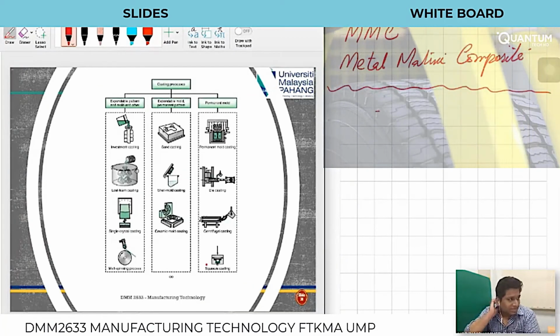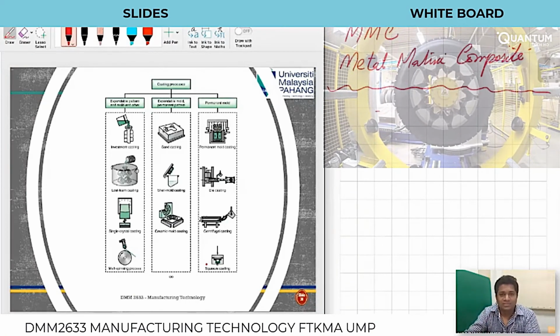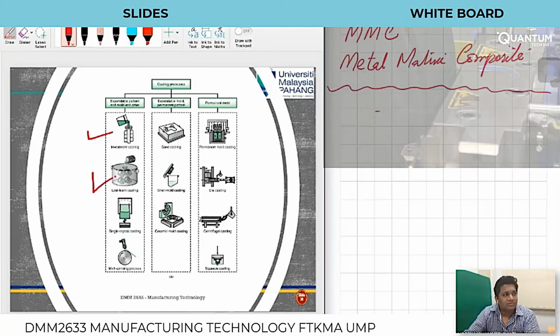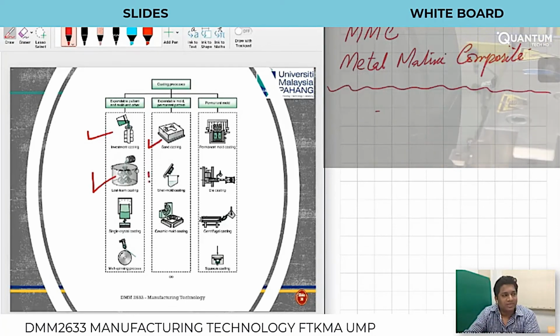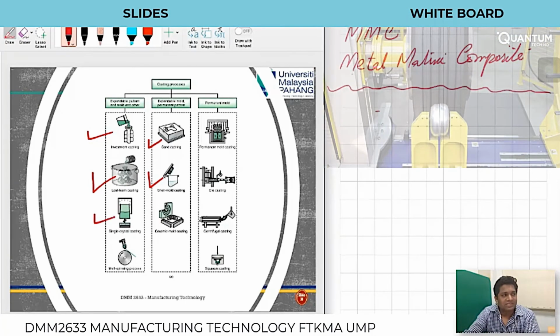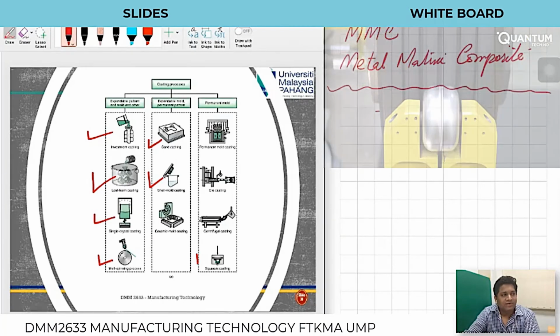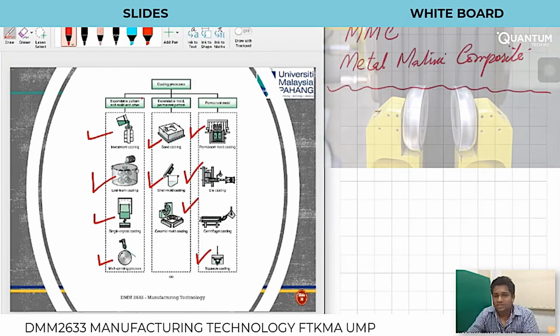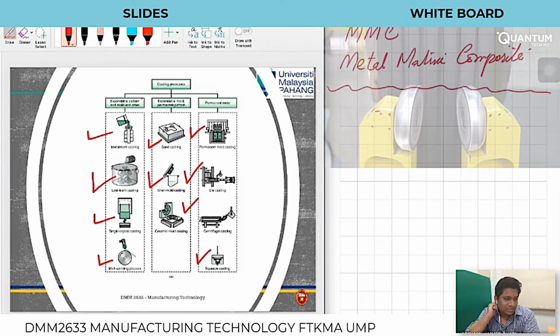There are many types of solidification process that we will learn next week. Investment casting, loss form casting, there are so many types. Okay, but you can see from the picture that each type has its own advantages and disadvantages and applications. Okay, so these are something we will learn in the next chapter, next class.